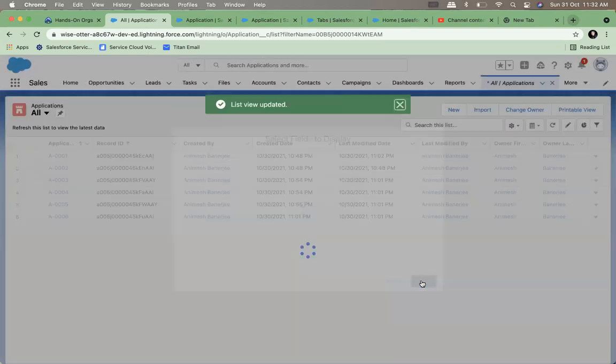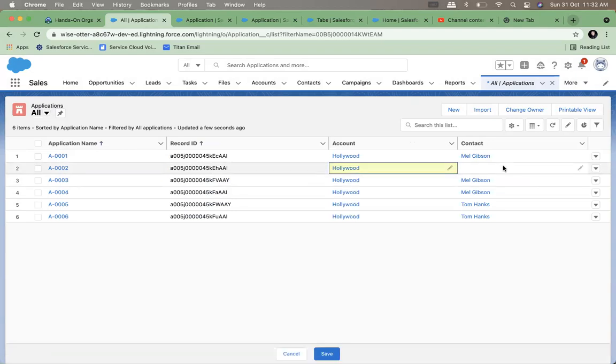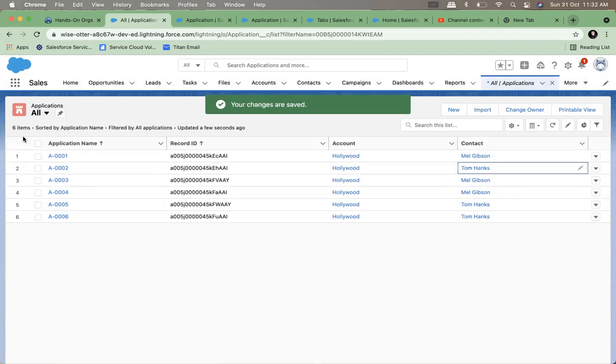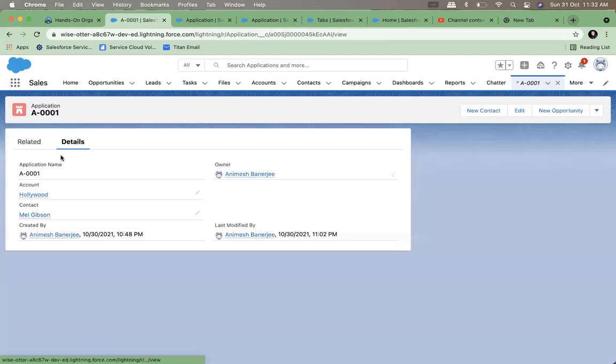Lookup fields are clickable fields. Please note that it is because it is storing the ID. Only 2 of them do not have values, so I will select those. You can do mass updates from the list view also. So now I have 6 applications, account and contact, both look the same, right?